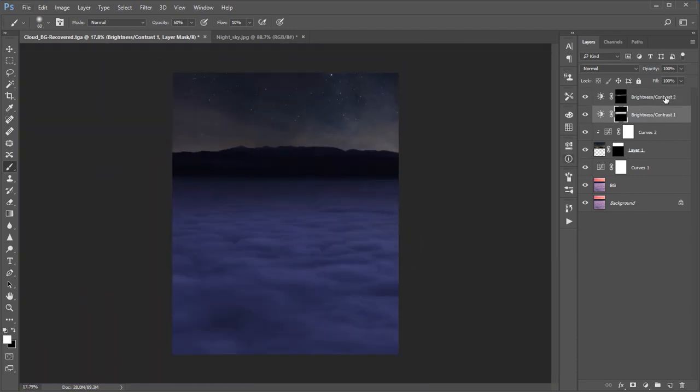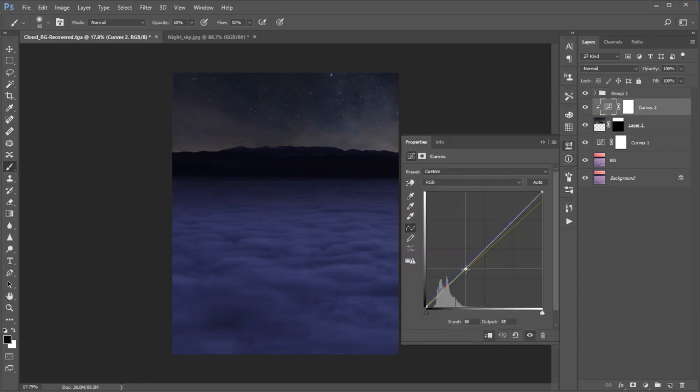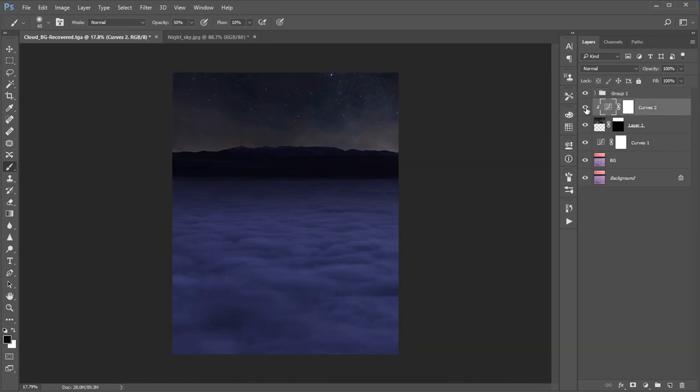And here we are done with the cloud darkness. I'll just quickly group this, and also I'll adjust the curve for sky a little bit, and finally I will group this together and rename this BG night. Now we are done with step 2.